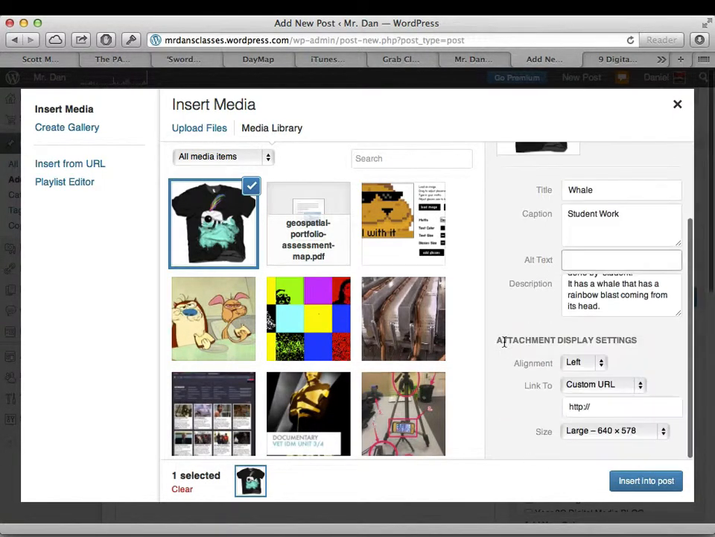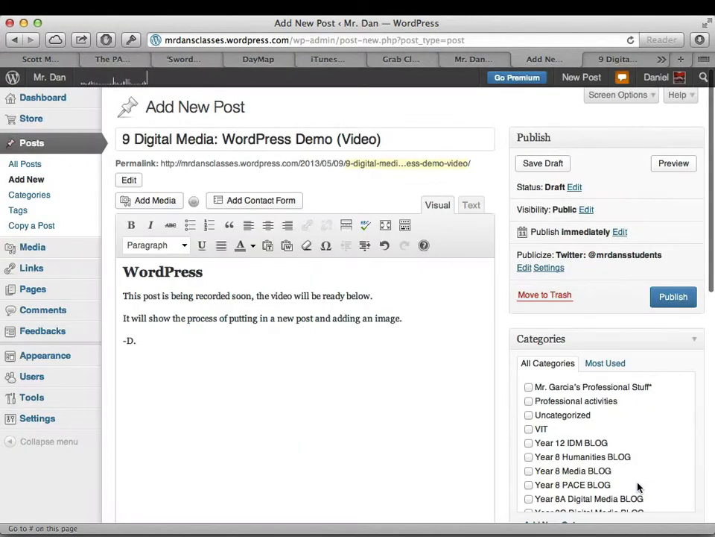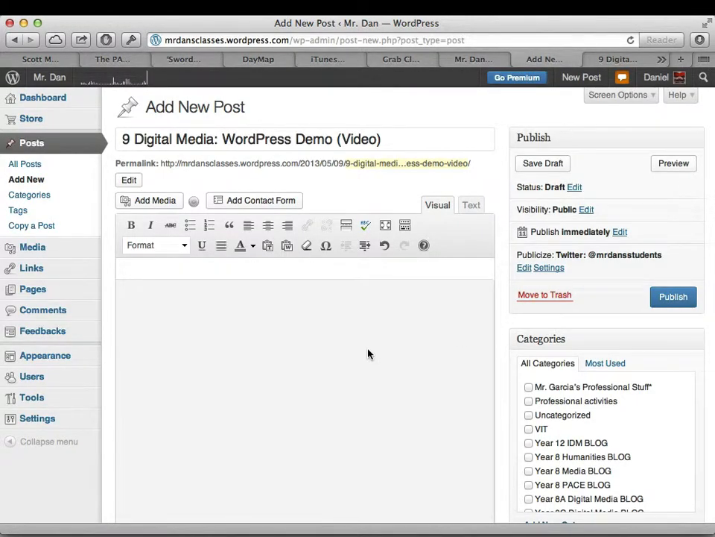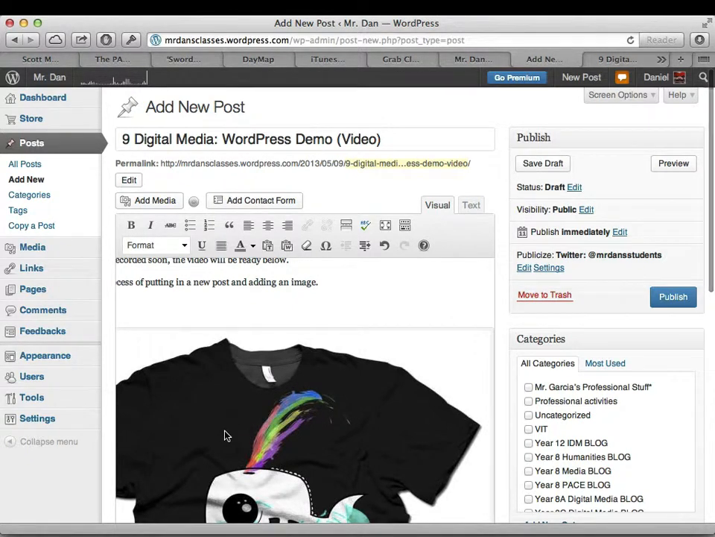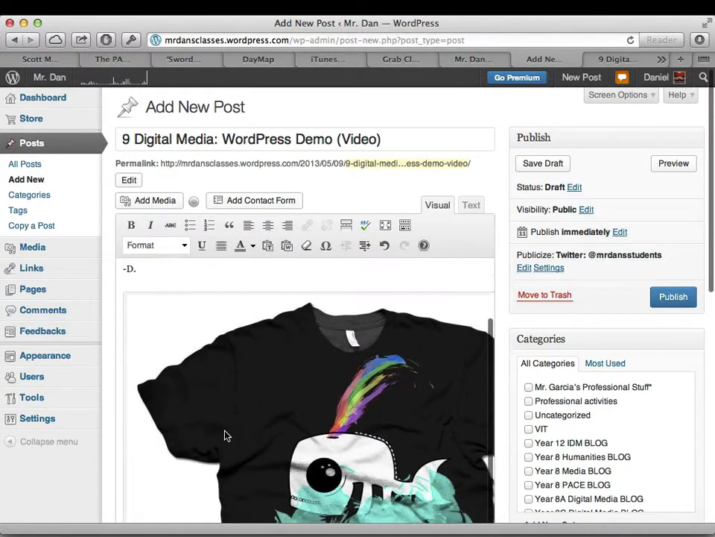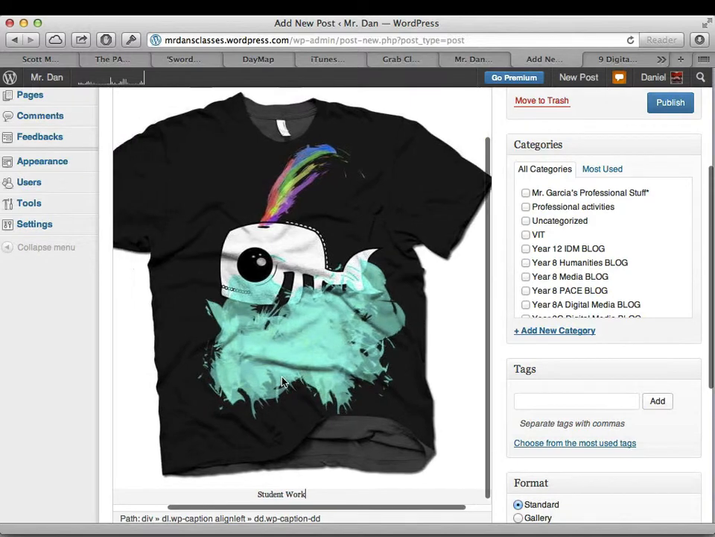And that's it. And then you can choose your alignment. You can give it an address. And then we choose Insert into Post and click that. And then what you'll see in a second is there it is there. And you're done. Now, if you think that's a bit too big for this post,